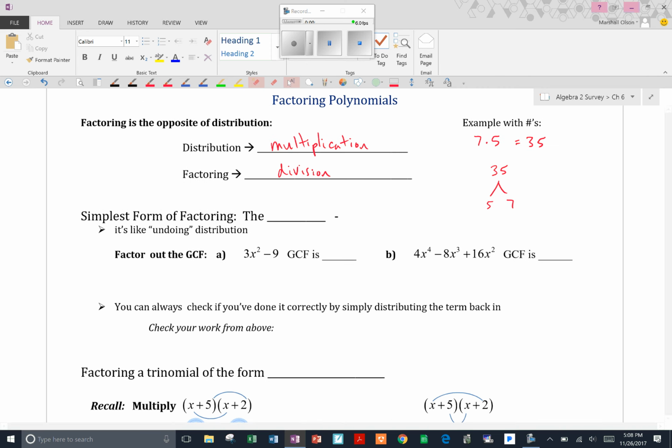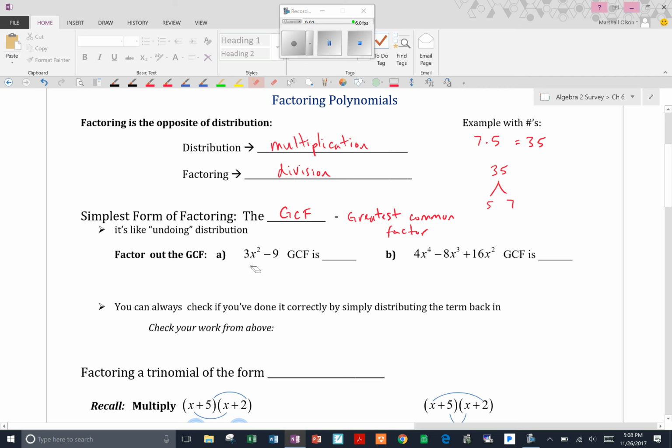The simplest form of factoring is pulling out what's called a GCF, the greatest common factor. When we pull out a GCF, what we're really doing is saying this is a factor that's common to every term, and we're dividing each term by it. So, for example, if I look at this